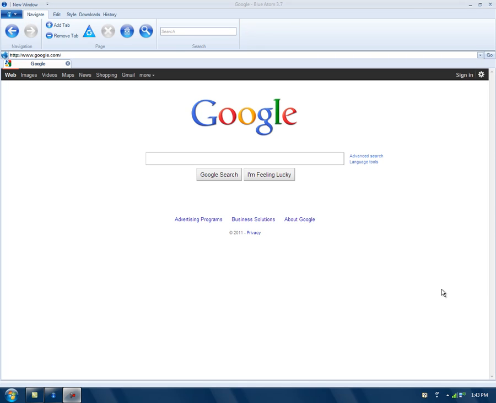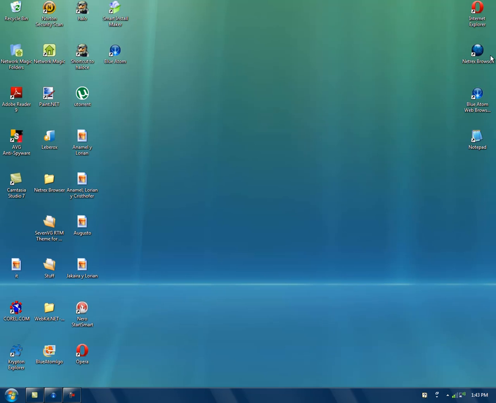This is Blue Atom 3.7. Let me show you 3.0 first, if it'll load, because sometimes it loads really slowly. That's 3.0. I did a few changes from the last one. Major change was that I used a different web browser engine. I'm using the Firefox engine, which is also called Gecko, the Gecko engine, which is the one that Firefox uses,